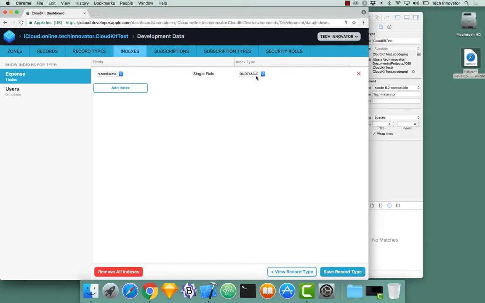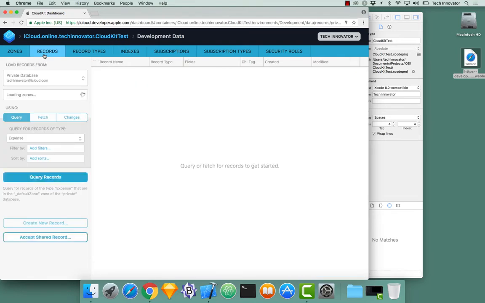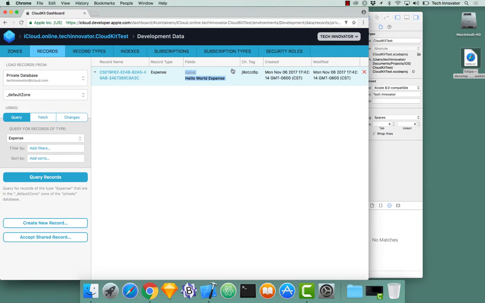Index type should be queryable. It's the default value. Save the record type. We now have this index. I can go back to records now. I could click Query Records, and notice we now have a record that appears. I can even expand it. There we go. When you click it, it took a second, but it shows us